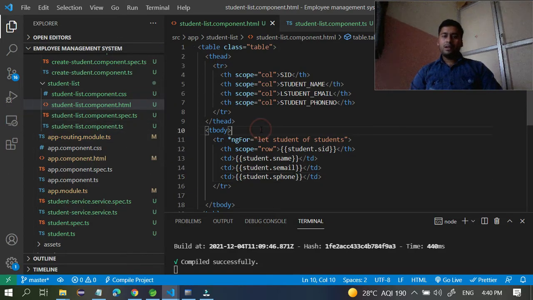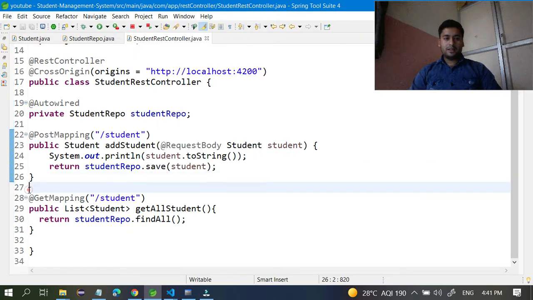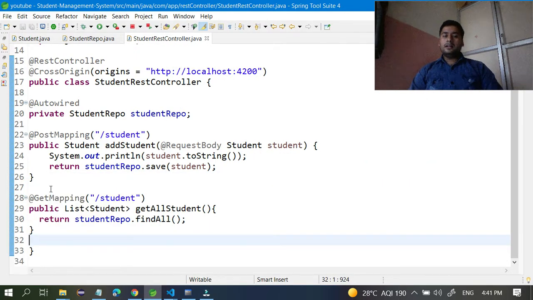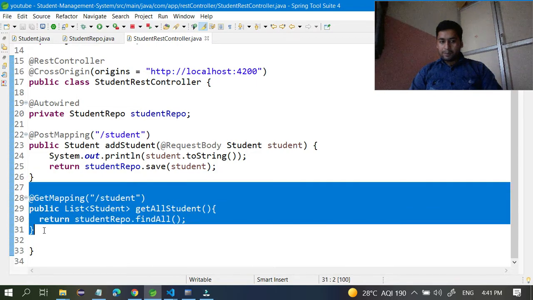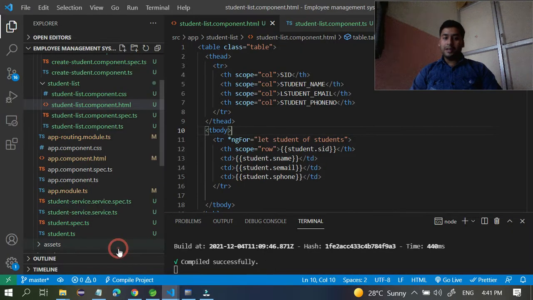Okay, so what I'm doing is fetching the data from the database with our Java application through this one, and this is capable of communicating with your browser, and our Angular application is capable of communicating with our API.